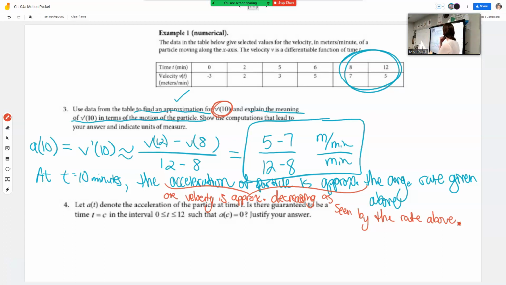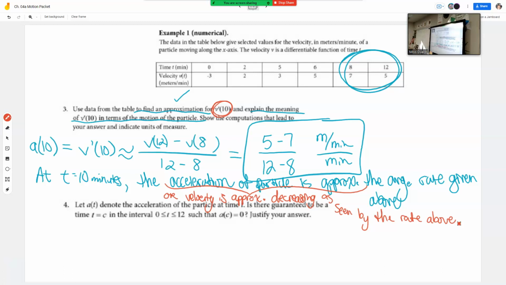Go ahead, Sarah. You want us to have the blue and the red? No. Just seeing both. You just need to get an answer, but just seeing both. This is all like FRQ kind of troubleshooting. Let A of t denote the acceleration. Hey, we just talked about him if we did letter C. No, number 3, right? Let A denote the acceleration of the particle in time t.